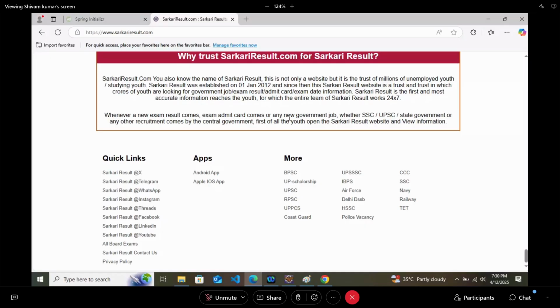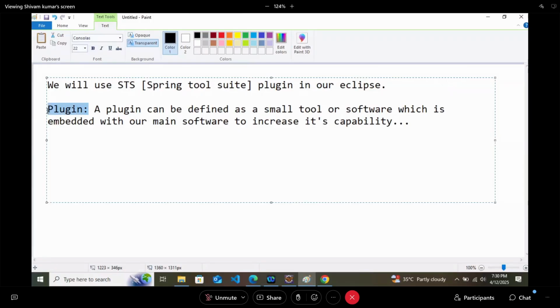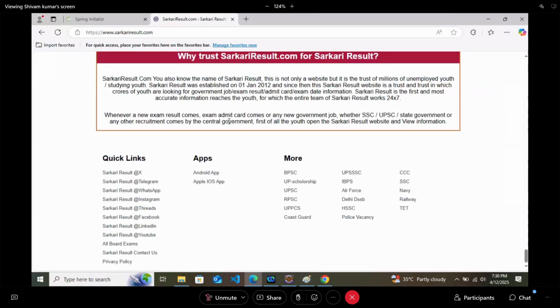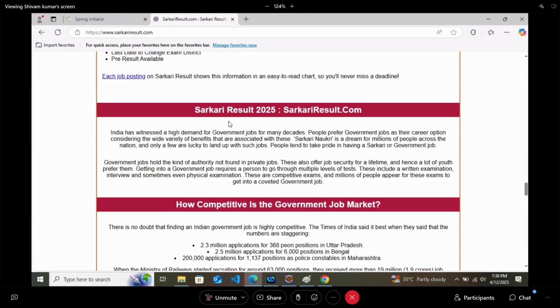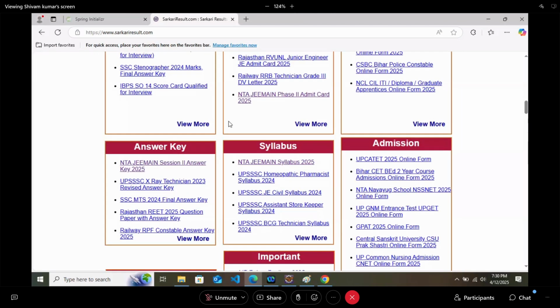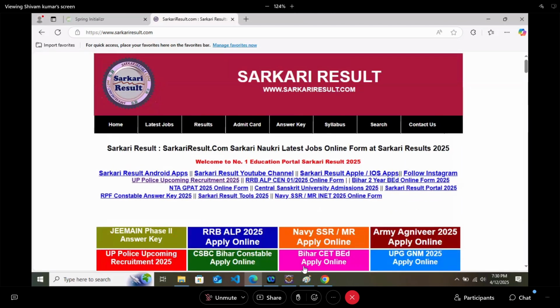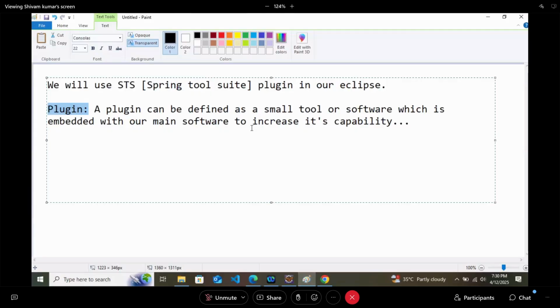But how are two browsers acting differently? Because in my Microsoft Edge browser, which I use for my personal work, I have installed one plugin which is increasing the capability of my browser.